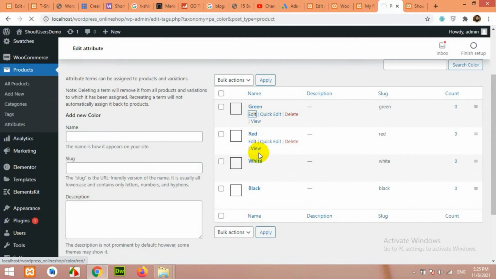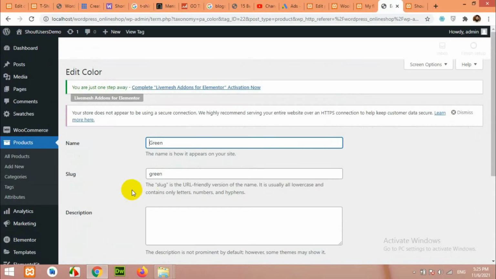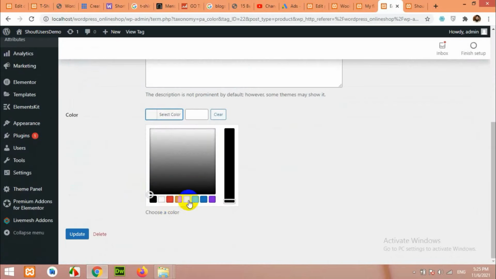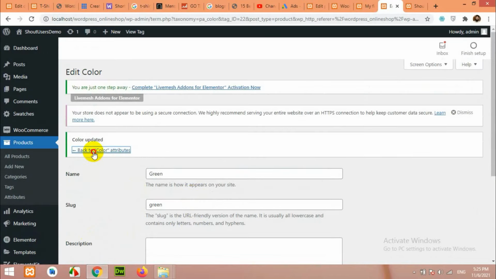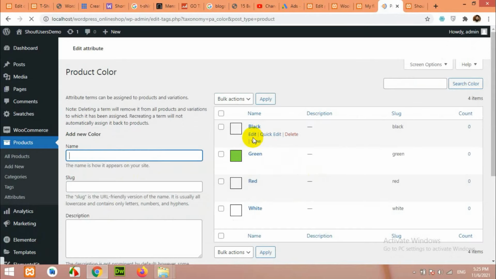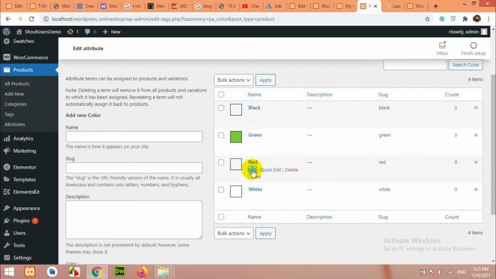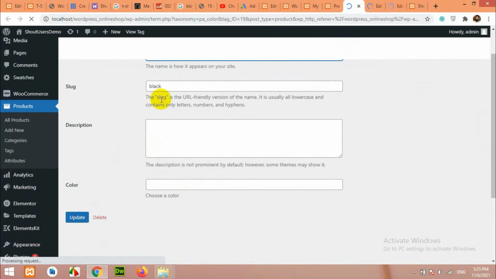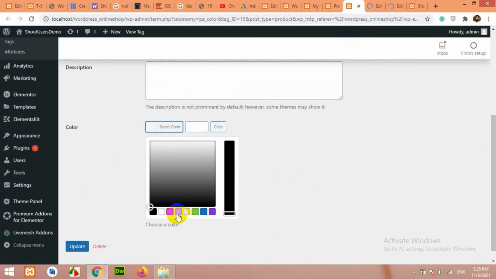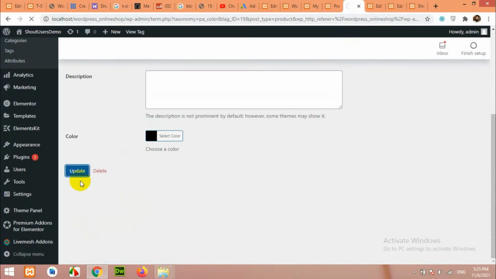Click on edit and choose the color. For the color swatches, here select green, update, go back to attribute. Let's open all in new tabs. Click on edit for red, black, white, and choose colors for all of them. Black will be black. Click on update,